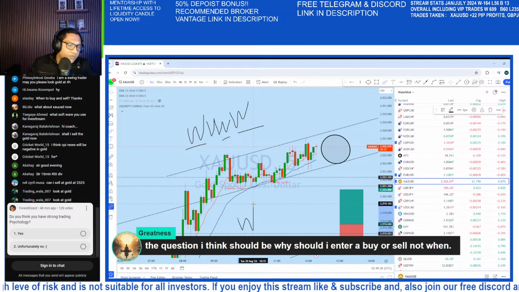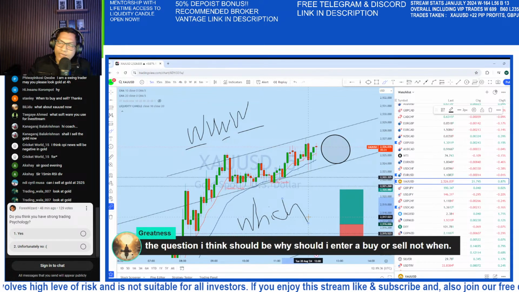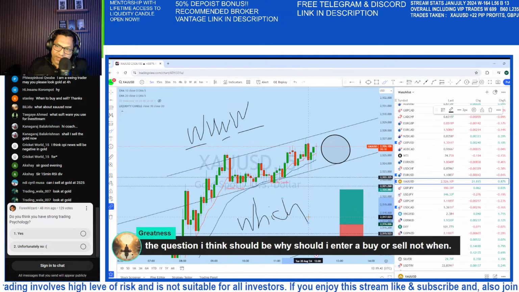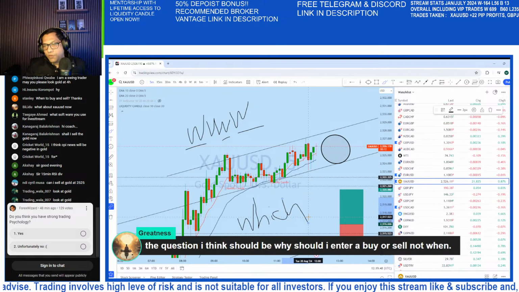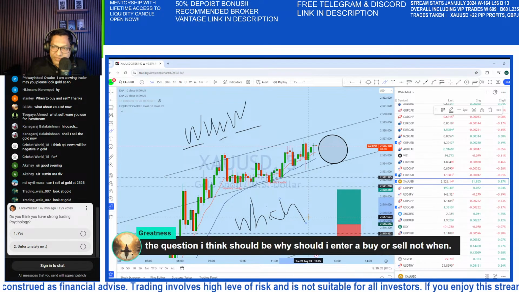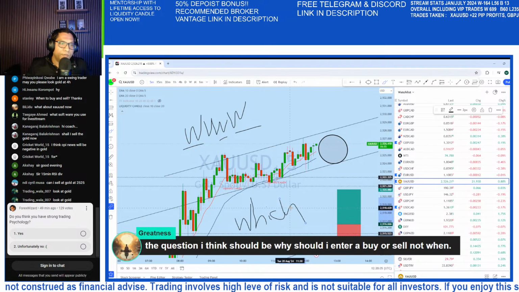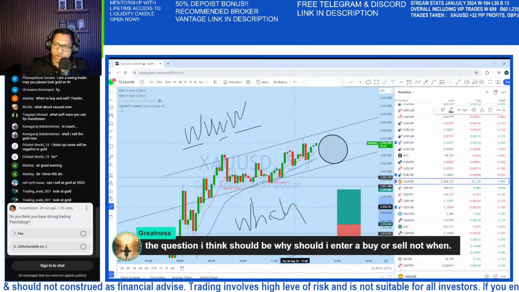The first W is which way to trade, the directional bias. Either you should be buying or selling. How do you understand which way to trade? From the market structure. If the market is bullish, definitely you're not going to be selling, isn't it? So first W, which way to trade, either to buy or sell, you will find from the market structure.